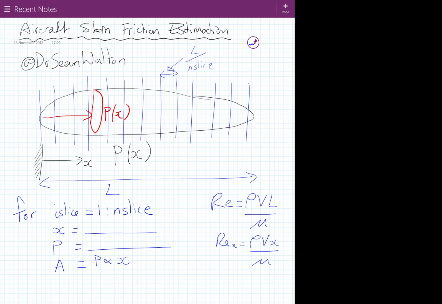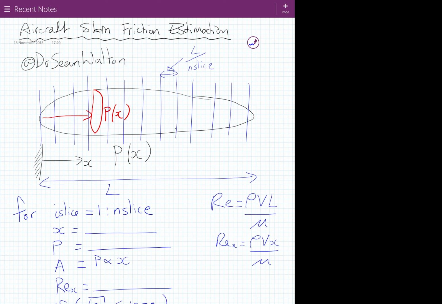So the next thing we'll work out is what is the local Reynolds number. So you work that out. And then you have to ask the question, well, is at this point along the fuselage, is the boundary layer laminar or turbulent? And for this we need a conditional statement, an if statement. So at this point we'll say if the square root of your local Reynolds number is less than 1,000,